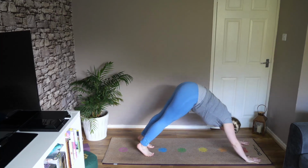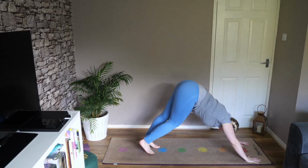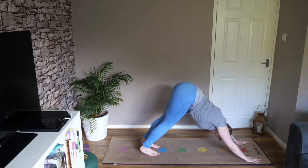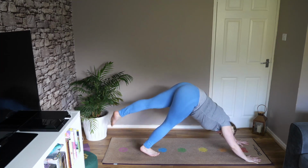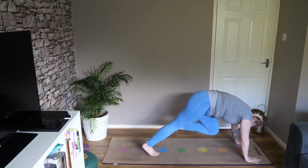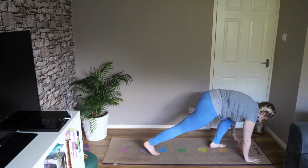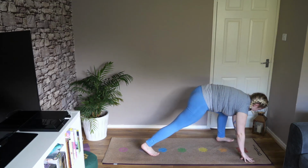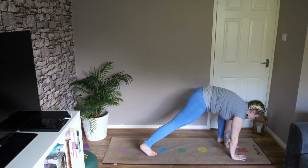And then from here, just push and send your hips up to the ceiling and come to your downward dog. Find a bit of stillness here. And on your next inhale, raise your left leg. And exhale, bring that left knee to your nose. Plant your foot on the ground. Shimmy it to the left side of the mat. And bring your hands to the centre